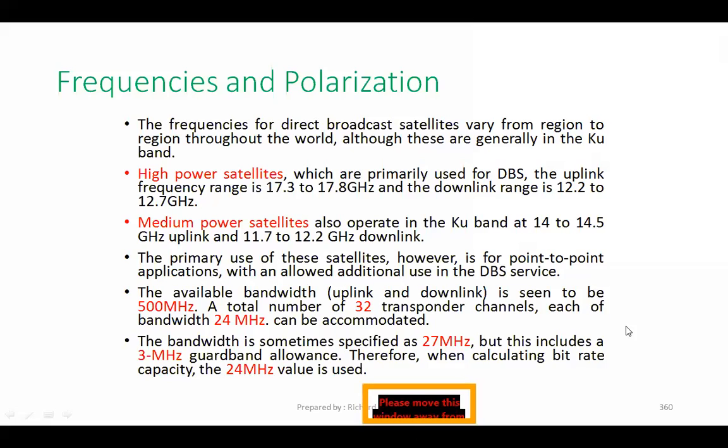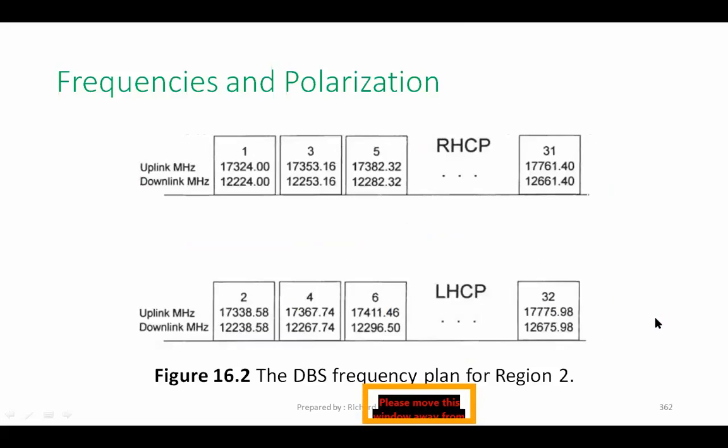Okay, and guard band here. So the effective guard band is about 24 plus 3. So 3 is your guard band, 3 megahertz. So when we add 24 to this 3, the effective frequency range or the bandwidth is going to be about 27 for each transponder, right? So these are the ranges that you can see for your RHCP and LHCP, which is the uplink and